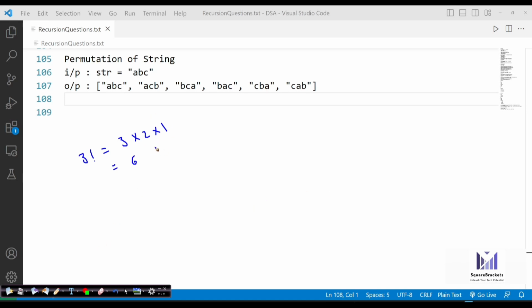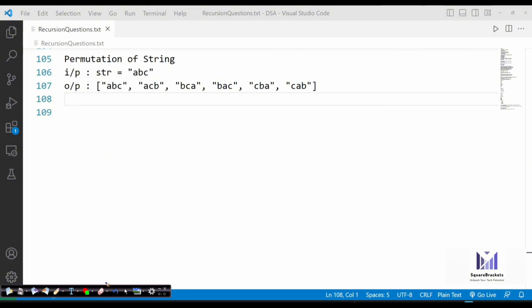Now, if we have to implement this using recursion, again we are going to divide this character by character. Like if you have current character A, then B, and then C, just like we had in the previous question of subsequences. So you have A, B, C available here. Once you have divided each and every character individually, you can now have a for loop. Inside the for loop, you just need to concatenate the characters and then store them in the result. So the difference is it will not store the individual character. It is going to concatenate the whole string. Then it will store, then it will show you the result.